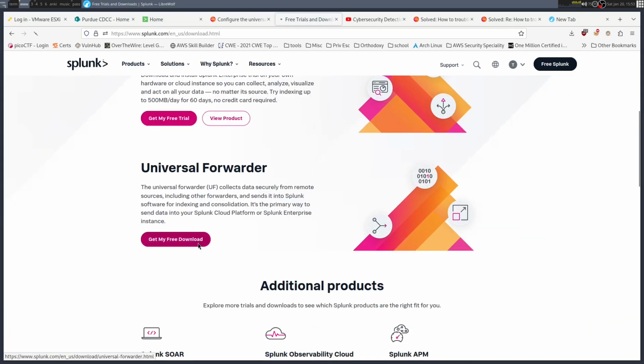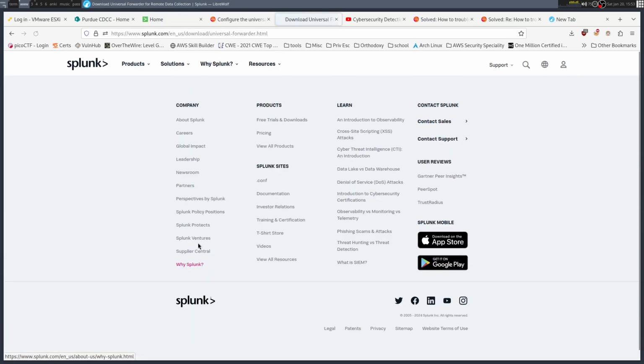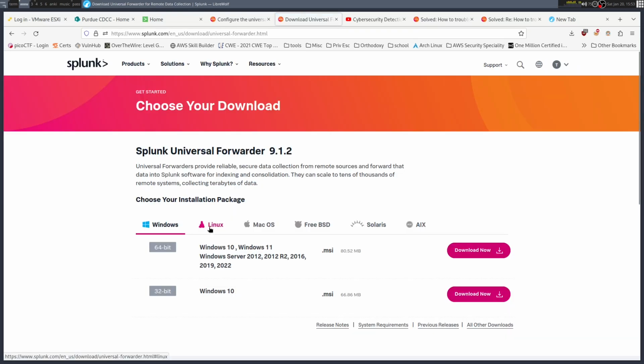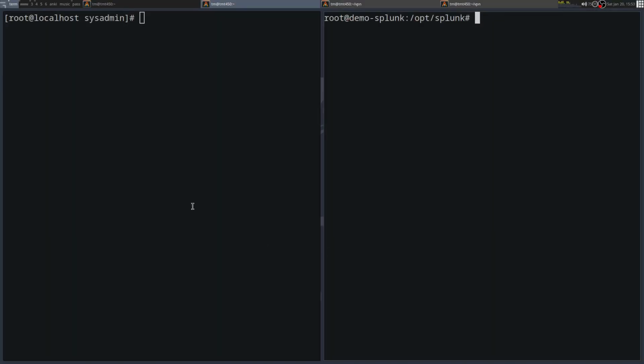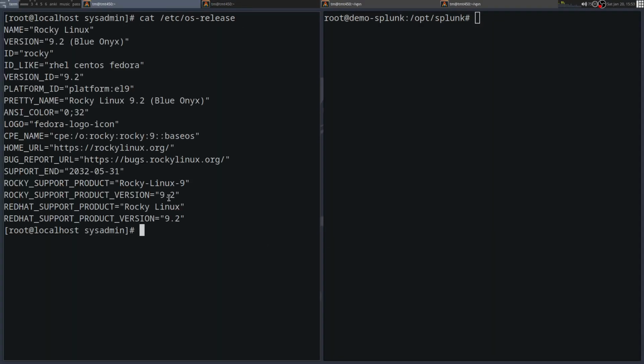Again, you still have to be logged into your account, but you just download the tar file. Now I already have that file on this Rocky SSH server. I picked this because it's going to have some logs for us to send,